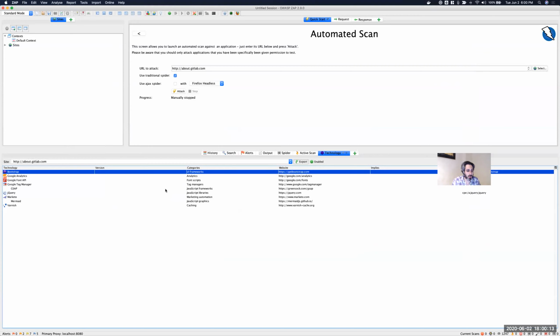Now the question is, what good is this information from a DAST perspective, and why would we care about this for DAST? This likely would not change much from a DAST scan. We're unlikely to say, okay, we've got Bootstrap, let's go look for Bootstrap vulnerabilities, or Marketo or Varnish. Although there are some potential opportunities there, those opportunities are few and far between. Regardless, we've got all the rules running